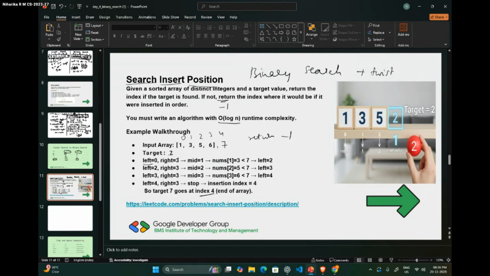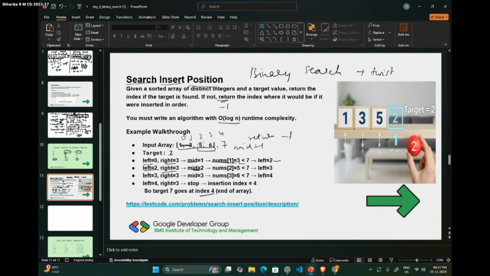So what do we do? Initially our left is 0 and right is 3, because this is our initial array. And then mid is 1. Find the mid element. This is 1. And nums of 1 is 3. So that is less than 7, right? So what do we do? We increase the low value to mid plus 1. Remember, guys, if the element is lesser than target, we always do mid plus 1, because we discard the left subarray. So our left is equal to 2. So we're basically getting 5 and 6. So after the next step, our left is 2 and right is 3. When you find the mid element, it is 2 itself. And nums of 2 is equal to 5.